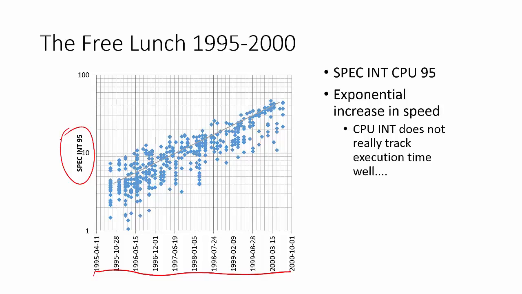Note that the y-axis is a log scale, so the approximately straight line here shows that there is an exponential increase in performance during these years, and more or less without too much effort from the programmer. It's all sequential, and clock speeds increasing and architectural improvements and other things led to this enormous improvement in